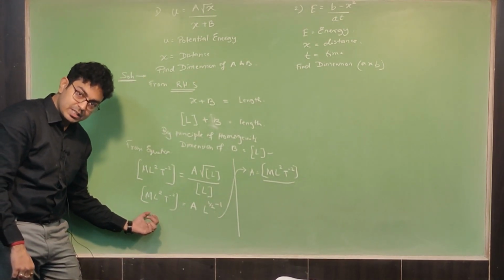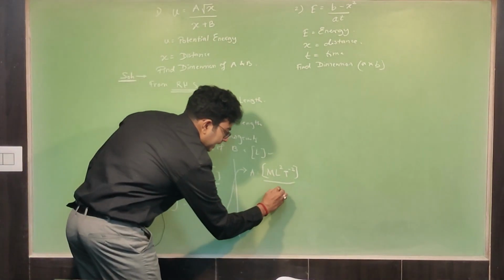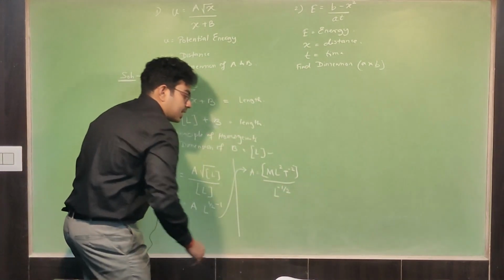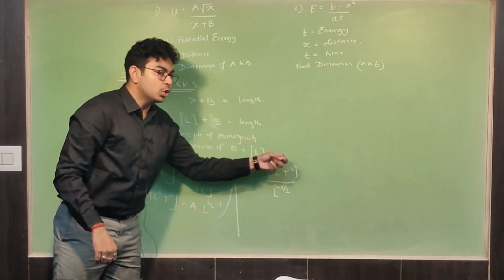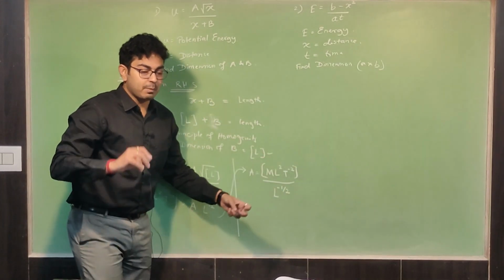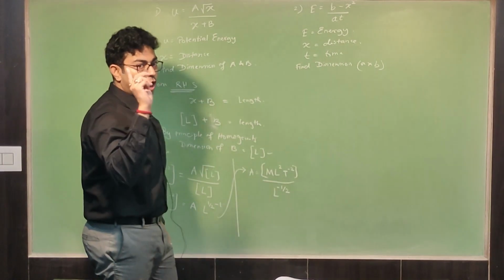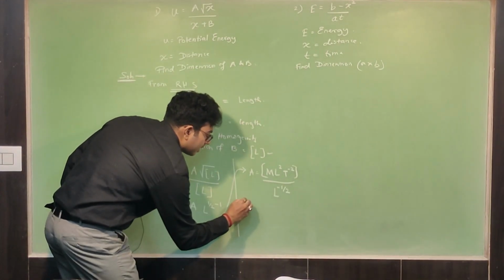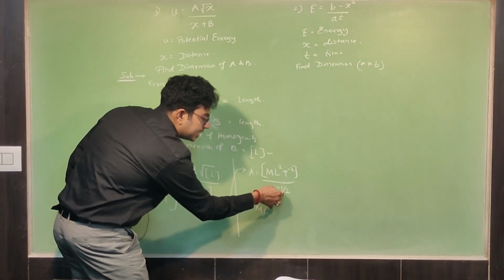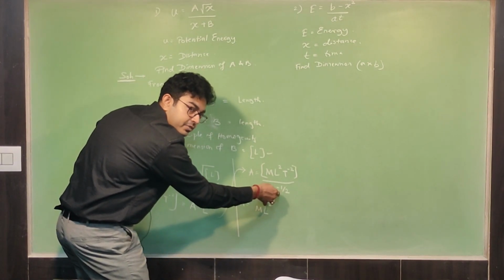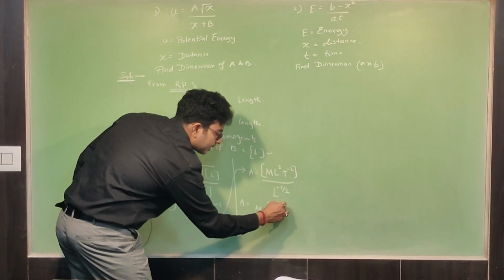Are you understanding this part? So what we can write? L to the power minus half. Now if this is L to the power minus half, when it goes to the top numerator, this minus half will be added. Law of indices. M L to the power half. This is what you are dividing, right? This is division. When it goes up,